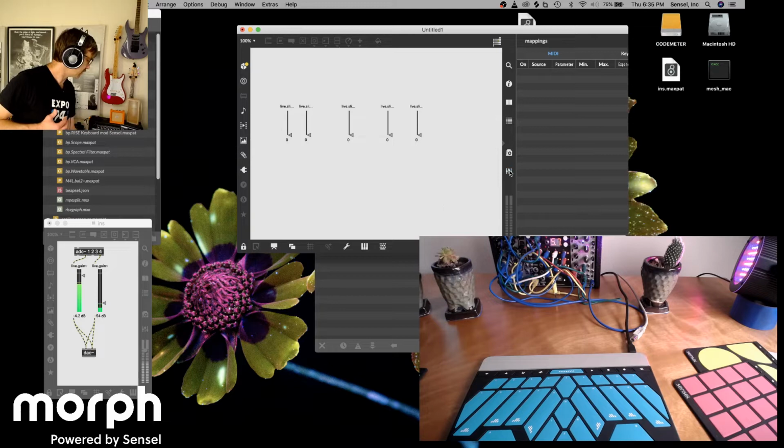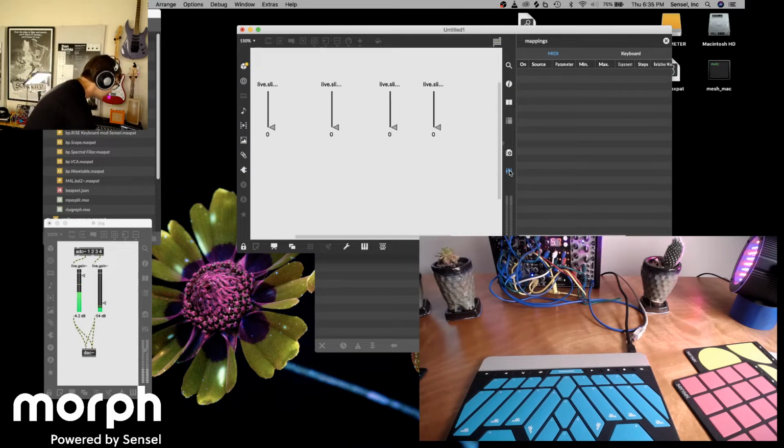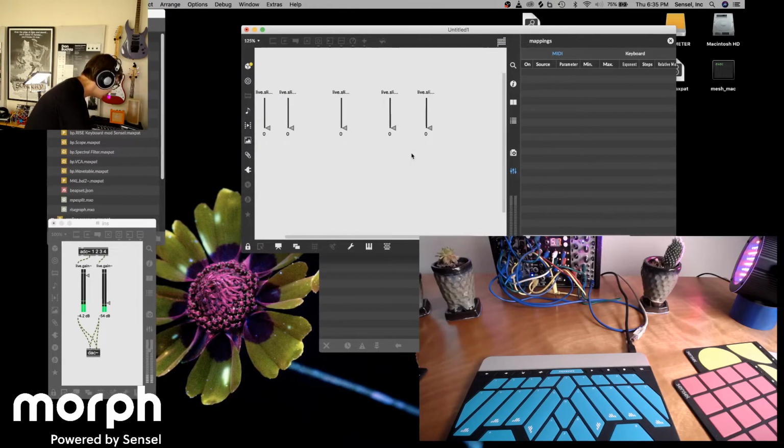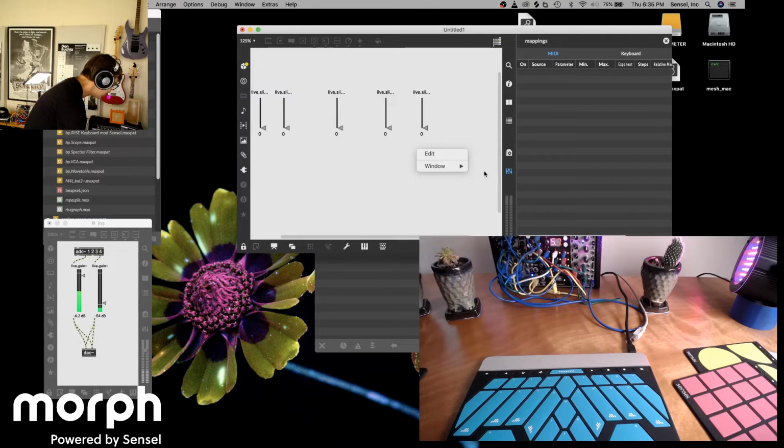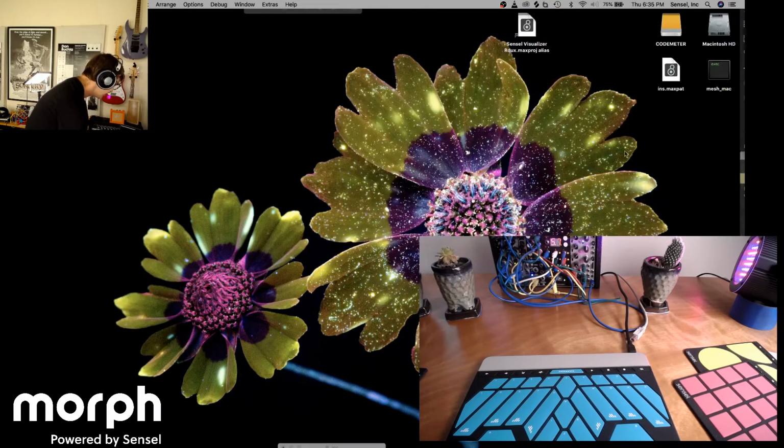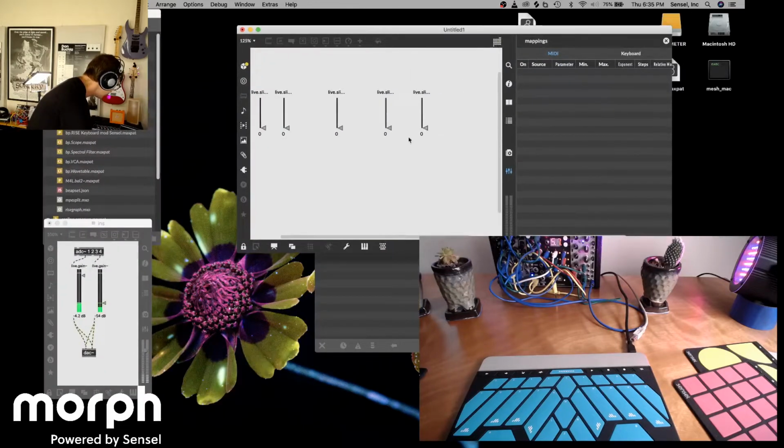Mappings are this little slider thing here. So I'm going to zoom in. Oh, that didn't work. I know there's a way to do this. I lost all my windows. There we go. Three finger, two finger. Okay, well, that's not working. Sorry about that. So I have these sliders, and I put the